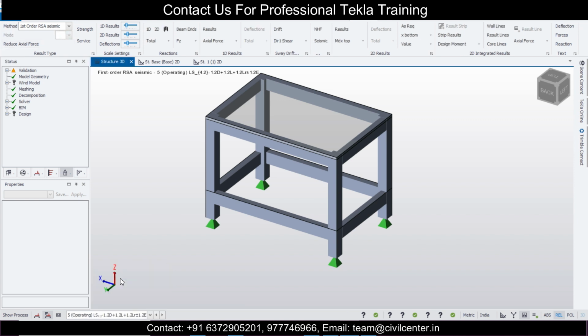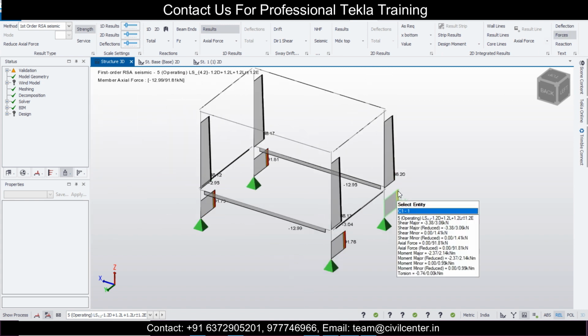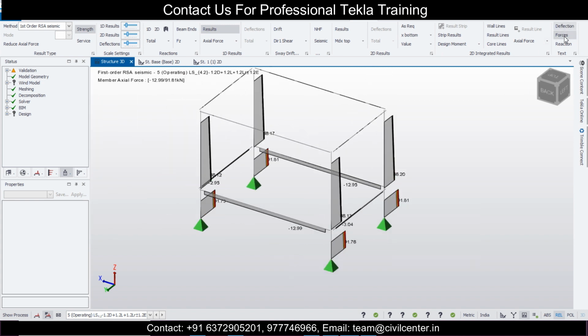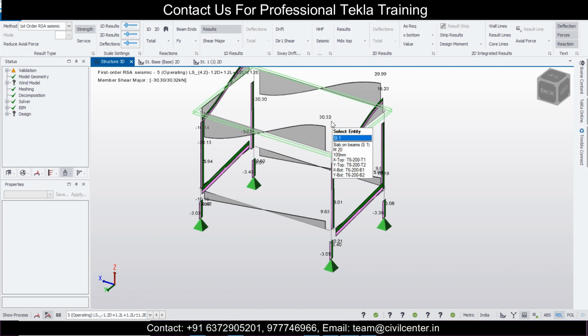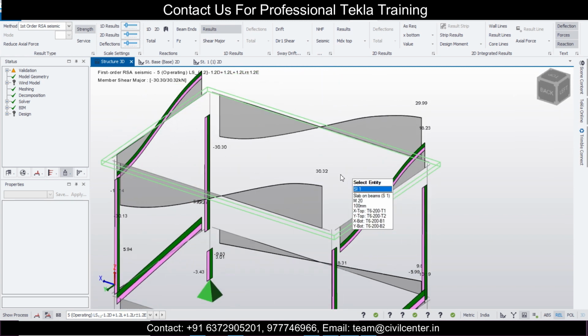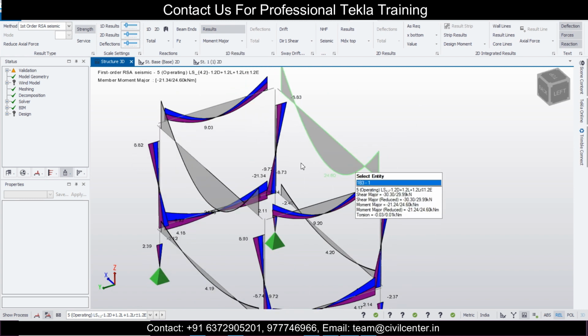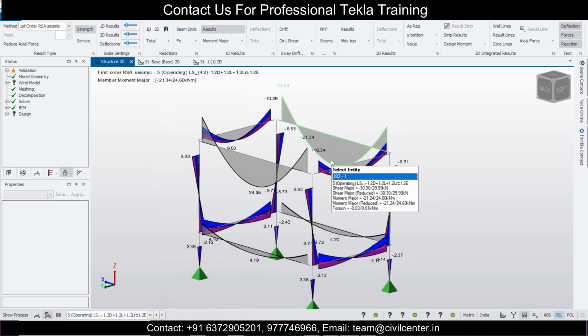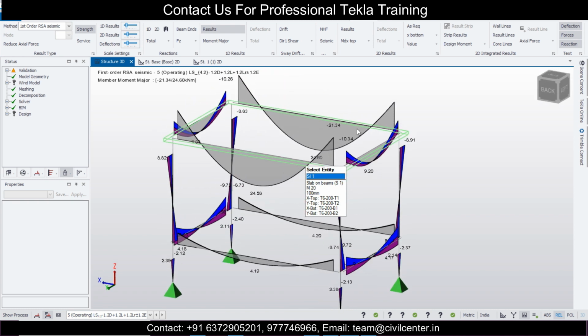Here you can take any load combinations also, and after taking the load combinations you can see the results. Turn on the results, and you can turn on the forces symbol. You can see the forces here, and you can also check the deflection and also the reactions. We'll click on this option of your results, and then we'll check out the shear forces. As you can see, these are the shear forces as per the first order RSA analysis, and again this is the moment as per the RSA analysis. You'll get all the moments and shear forces if you want to do RSA analysis for research purposes also.